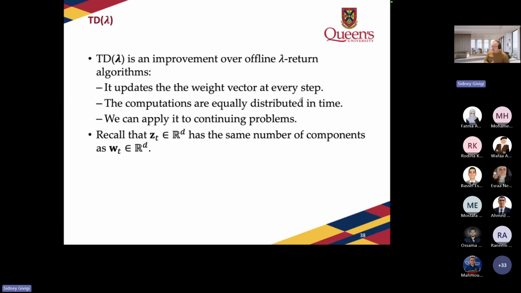We can use this also for every type of problem. We can use this for continuing problems, for episodic tasks. We can do everything, right? And recall that these numbers here have the same number of parameters. Therefore, there is a cost. And this cost is going to be linked to the storage that we can actually have in the system. In this particular case, we are going to double the size of our storage, because we need to save this.